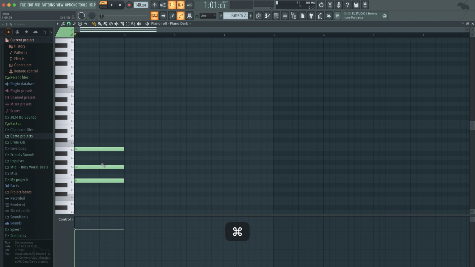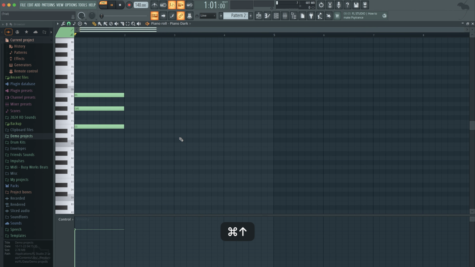So that's a minor chord, and the way you convert a minor chord to a major chord is 0, 4, 7. So you just take the middle note, hit shift up, and it transforms it into a major chord. Those are your two chords you're going to be using all the time. Minor and major. Very simple. Don't need to complicate it.